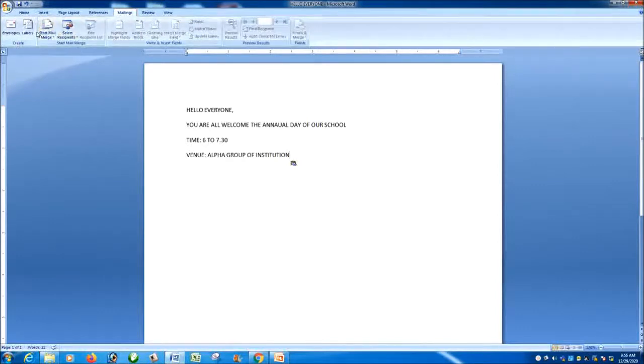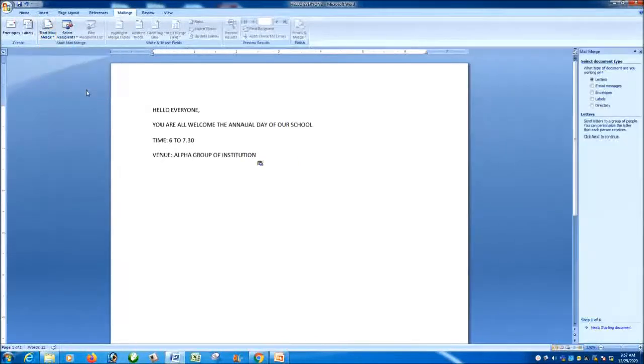These three options are available in the Start Mail Merge group. Under the Start Mail Merge group, you have to go to the Step by Step Mail Merge Wizard option. You have to click on this option.